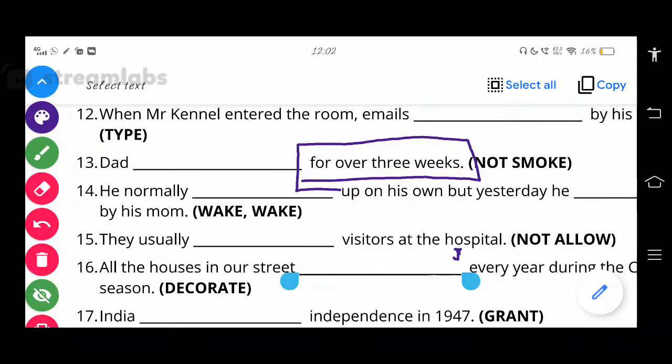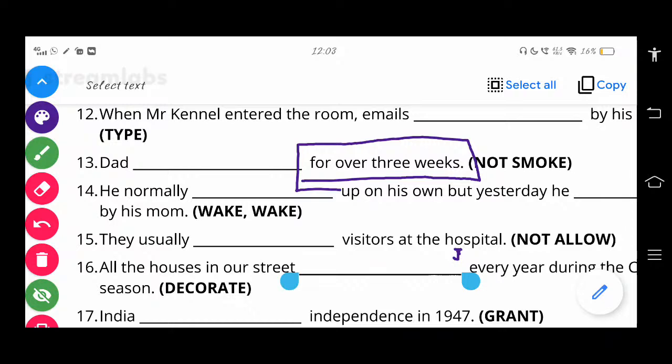Dad has been, but in the negative sense, dad hasn't been, not had been. Dad hasn't or dad has not been smoking for 3 weeks. Dad has not been smoking for 3 weeks. This is the correct one. Okay,